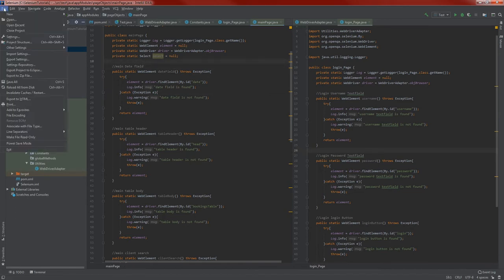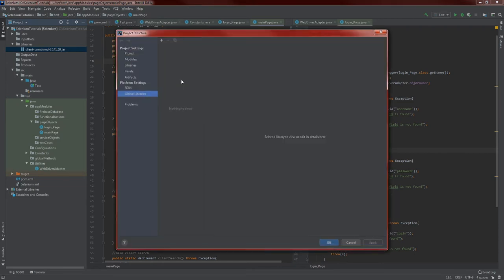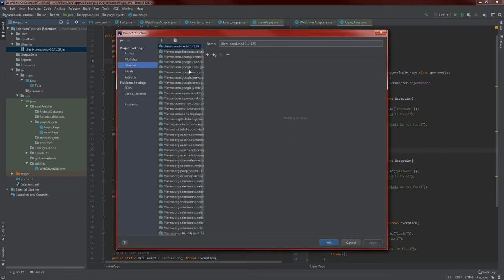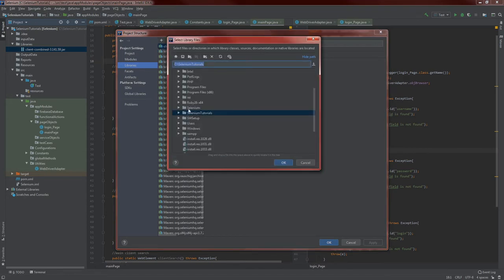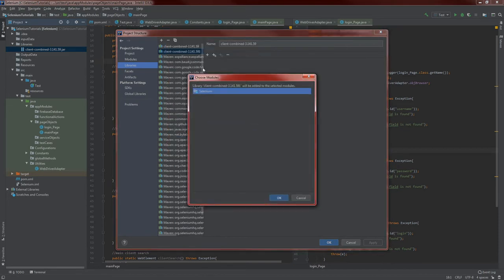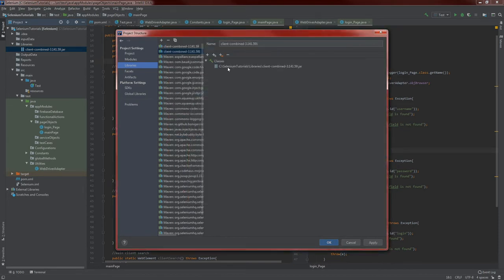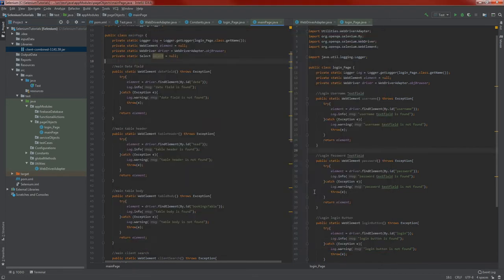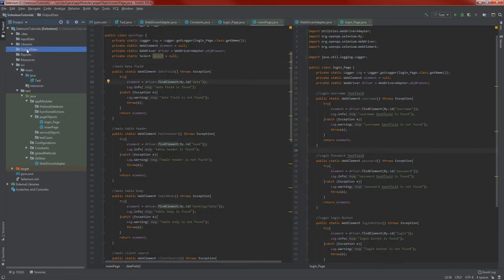So just go ahead and say file, folder structure. If you need to add them to your project, just libraries and then this here, and then on the root you go and say libraries. So you apply and OK, and then it'll be part of your project. Okay, and then on this one,